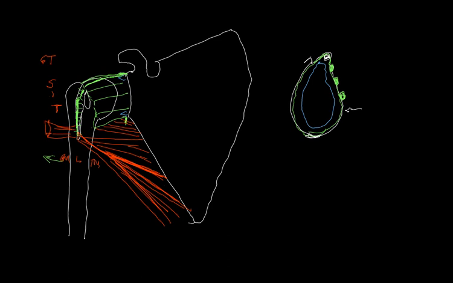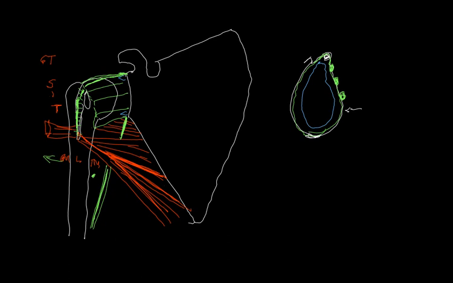Then the triceps tendon passes anterior to the teres minor, then behind the teres major, and comes to get attached, giving origin to the triceps in the shaft. Therefore, there are two triangular spaces. One, this one, which is bounded by latissimus dorsi, triceps long head, and shaft of humerus.